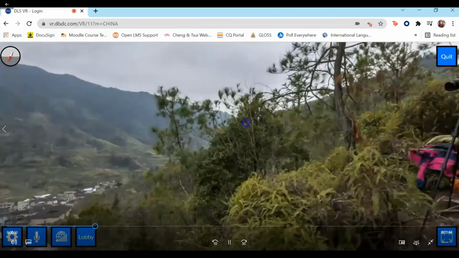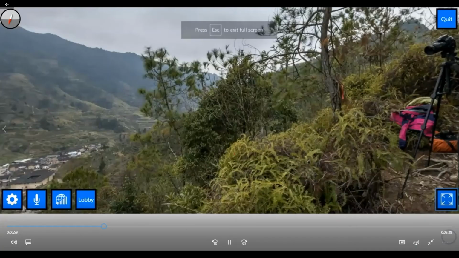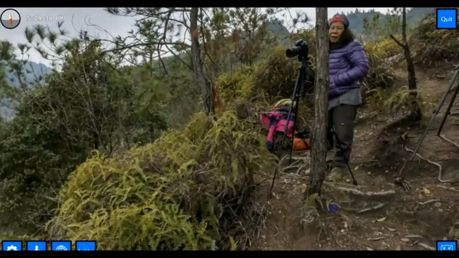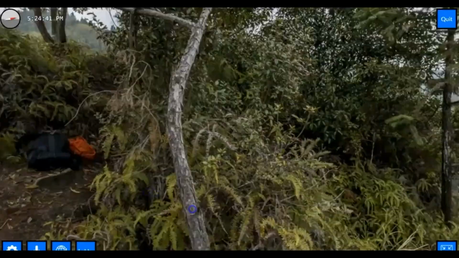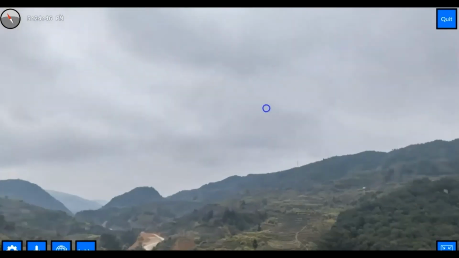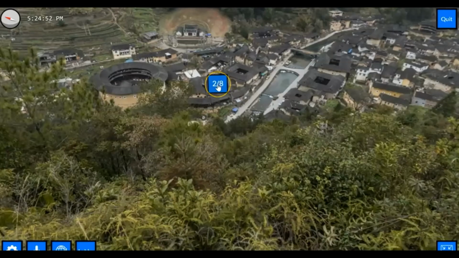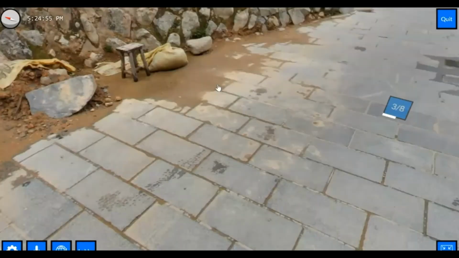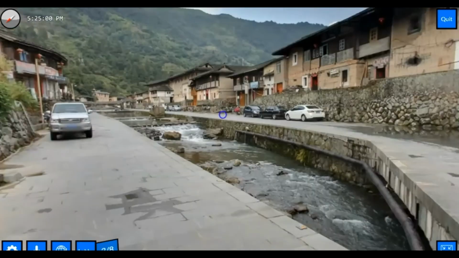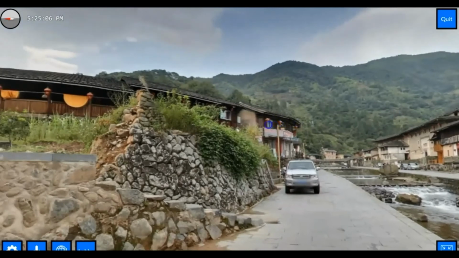So on the website, you just click and drag your screen around, and there's the option to go to full screen. So I recommend doing that for a full experience. And so you can go 360 degrees around you, you can go up, and you can look down as well. And then to navigate, you just click on the blue buttons that have the number of stations that there are. So you kind of always know, okay, I'm at station 3 out of 8 stations. And so you click on that button to move yourself forward, and the student will also be doing the same